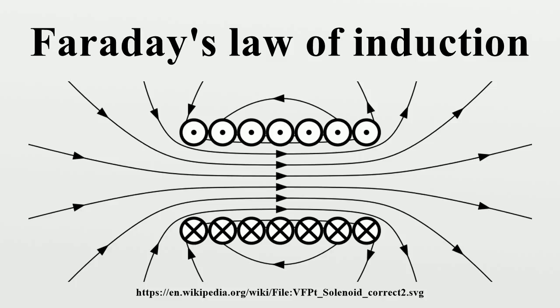Einstein's view. Reflection on this apparent dichotomy was one of the principal paths that led Einstein to develop special relativity. "It is known that Maxwell's electrodynamics, as usually understood at the present time, when applied to moving bodies, leads to asymmetries which do not appear to be inherent in the phenomena. Take, for example, the reciprocal electrodynamic action of a magnet and a conductor. The observable phenomenon here depends only on the relative motion of the conductor and the magnet, whereas the customary view draws a sharp distinction between the two cases in which either the one or the other of these bodies is